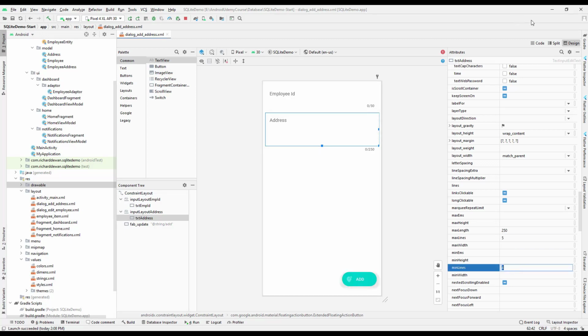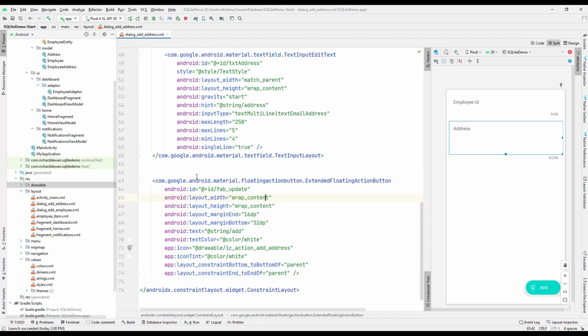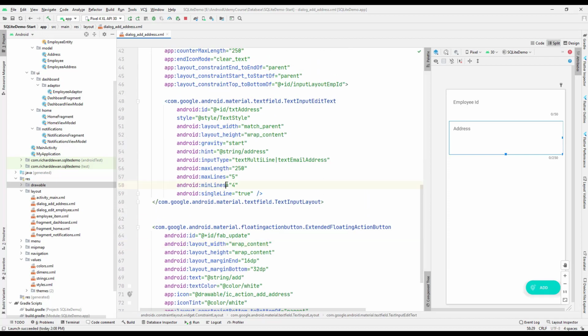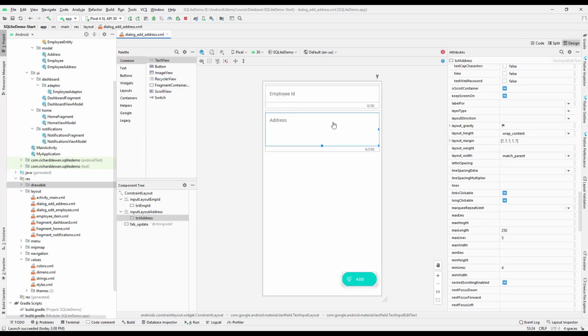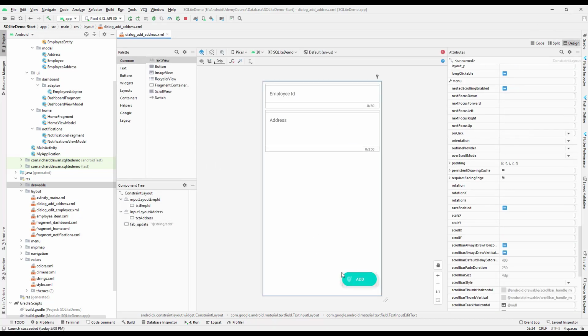Okay, that should be fine, I think. Yeah, minimum line, max line, and the max length, and gravity. Okay, so that should be fine. So our design to add employee address is ready, and then what we need to do is, if I go